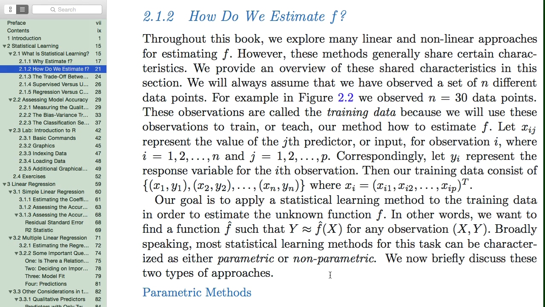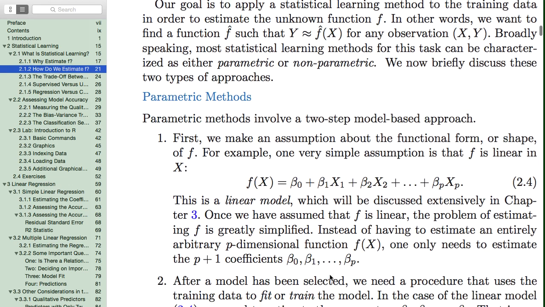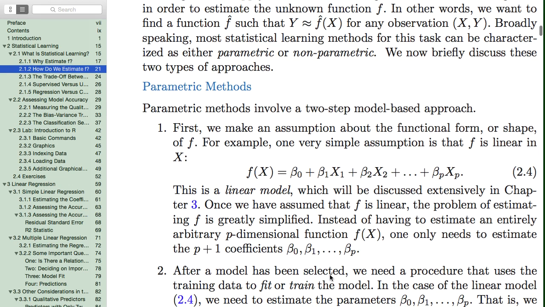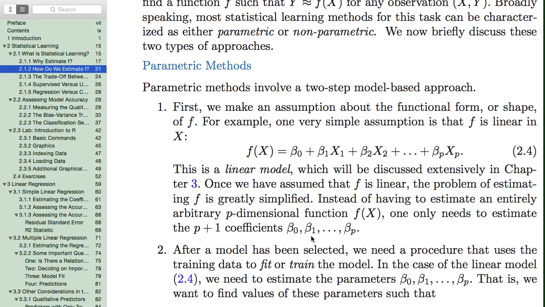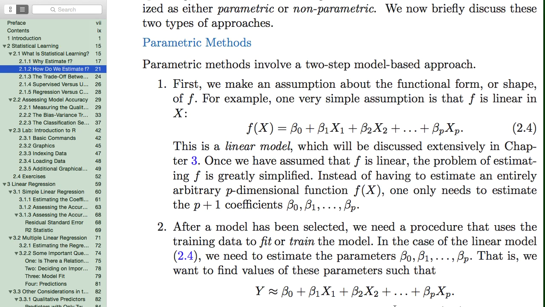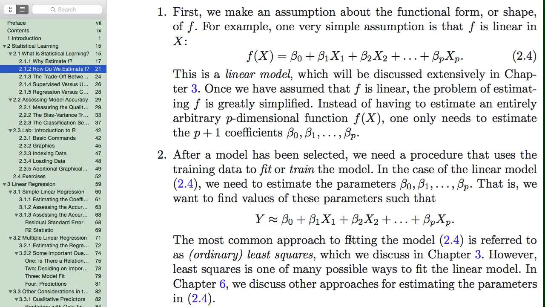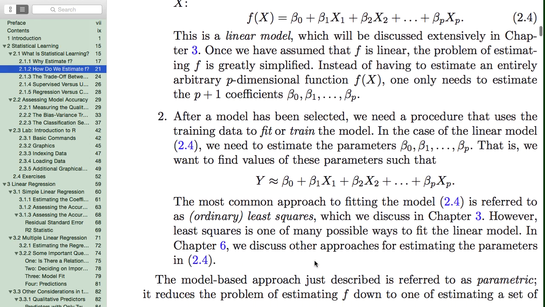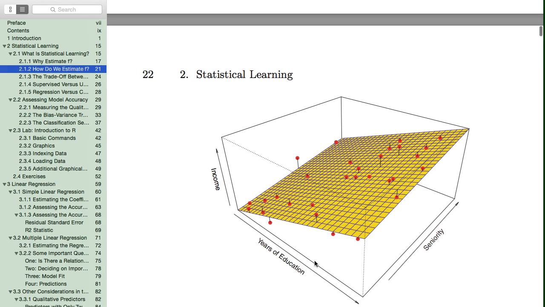And so this reduces our problem. It's very nice because it reduces our problem to estimating the parameters. So what we do is we form a model and we estimate the parameters of the model. And the most common way of doing this is ordinary least squares. And this is a parametric approach. And let's take a look at a picture of this approach, and then we'll look at a